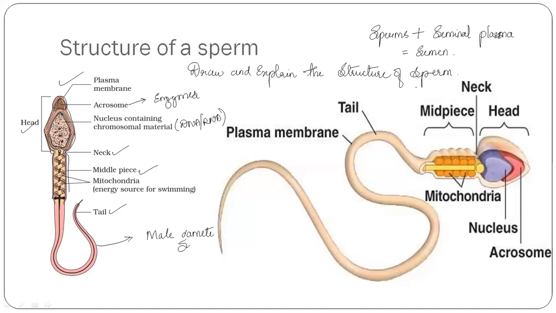And the function of the male sex accessory ducts and glands is to maintain the testicular hormones. That is the male hormones, which we call androgen, or testosterone. What do we call it? We call it testosterone. Yes. So this is about the structure of the sperm, and it is a very important diagram. Important question and important diagram as well. It can be asked for 2 or 5 marks.